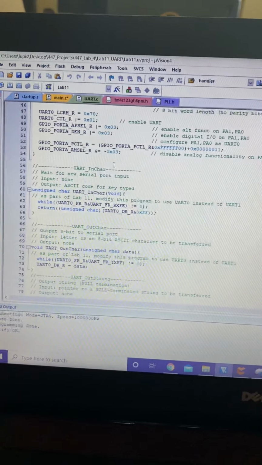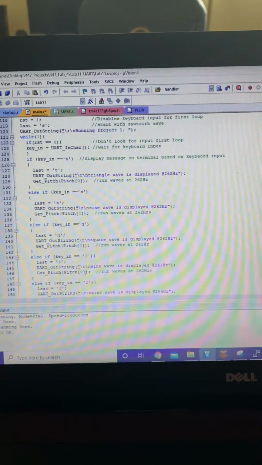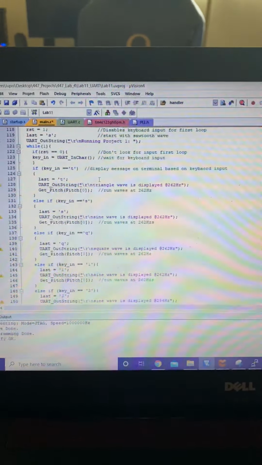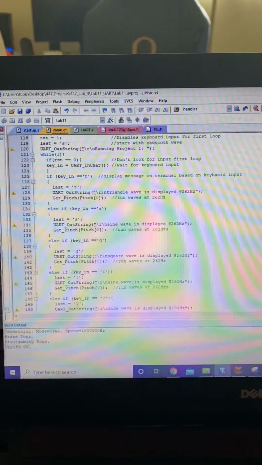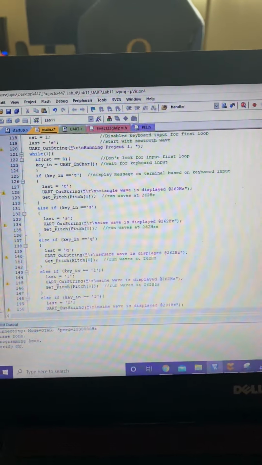And we will take that data and put it into key in here, and we will then use if-else statements to choose what data was given to us and output. For example, right here we're outputting a triangle wave, and this UART out string is outputting this message into the serial communication, which is created by PuTTY. And it will output this message and save the state, and it will also do this right here, which is